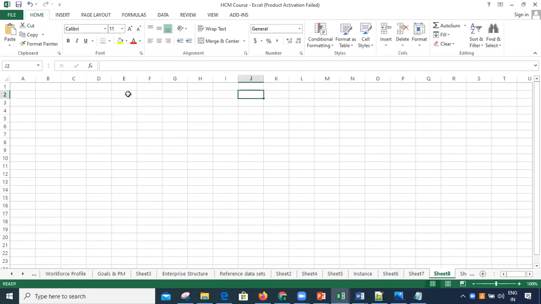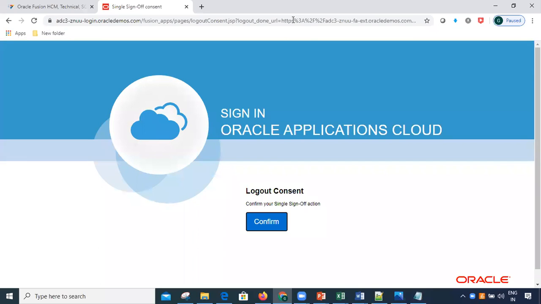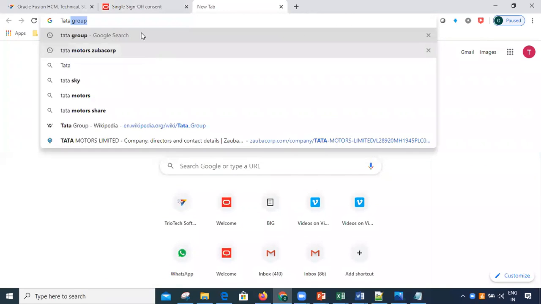The top level in the Fusion applications is enterprise. Enterprise is the top level organization structure. So what is enterprise? If you take the Tata company, let me search for the company called Tata Group.